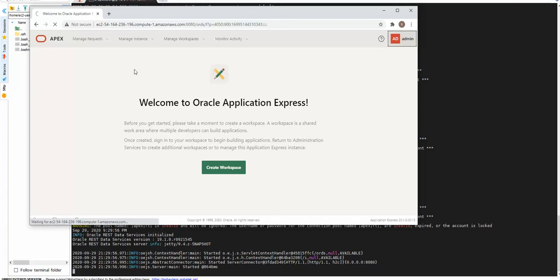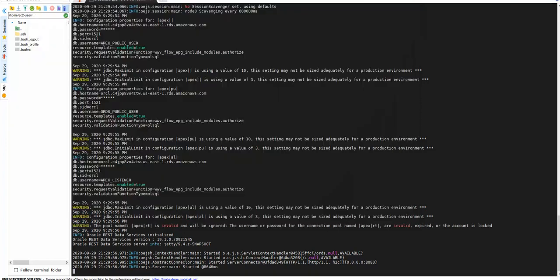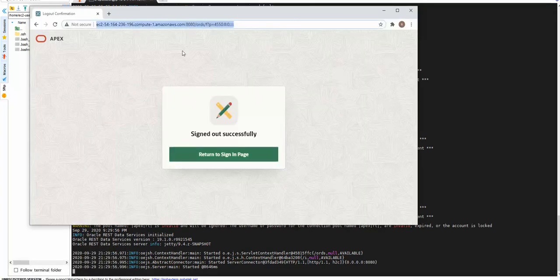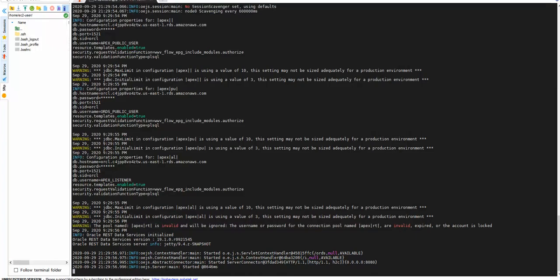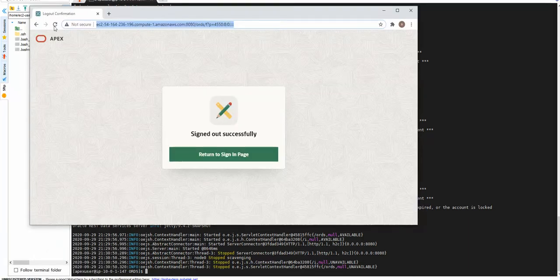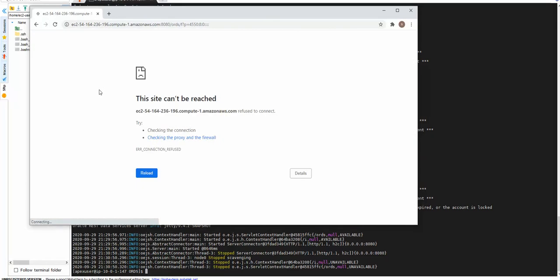Okay, let me log out from here. Okay, that is fine. So let me come back to my service. So the reason why we are actually able to bring this URL is because our service is running, right? But if I actually kill this service here, my URL should actually not resolve. Yes, the site can't be reached. So basically the service is not running on the ORDS. So what is a way to actually make sure the ORDS or the Apex URLs are actually working?